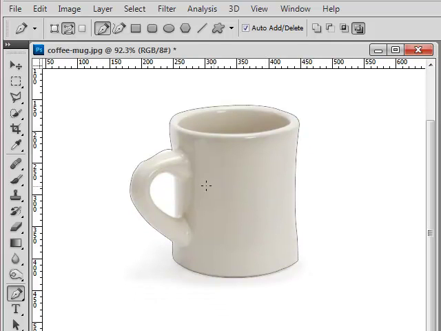So we've made the first selection of the cup, and what I want to do is place another pen selection right in here to remove this part. So let me just go ahead and make a click. I've got some straight points, straight lines in here, so I'm just going to do click. I'm just going to do click. Then I'm going to do a click drag, and we're going to make this one kind of a quick one. I don't want to go too far around these curves,